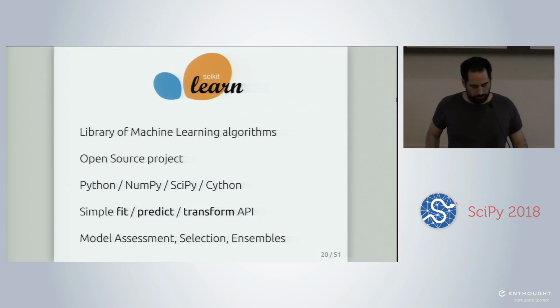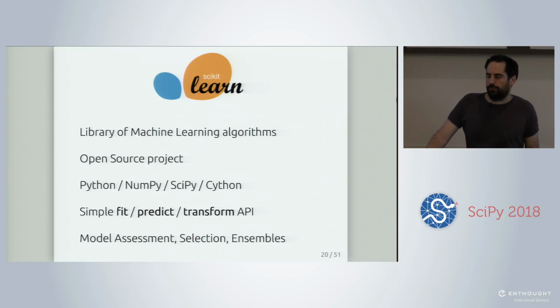The main feature that is very interesting in Scikit-Learn, I think the reason why Scikit-Learn became popular is that when we designed the library, we made a lot of effort to ensure that the API is very simple. The public API is very simple and very homogeneous, so that we have many machine learning algorithms that are implemented in the library, and most of them implement two of those methods, fit and predict or fit and transform. We will explain later what it means.